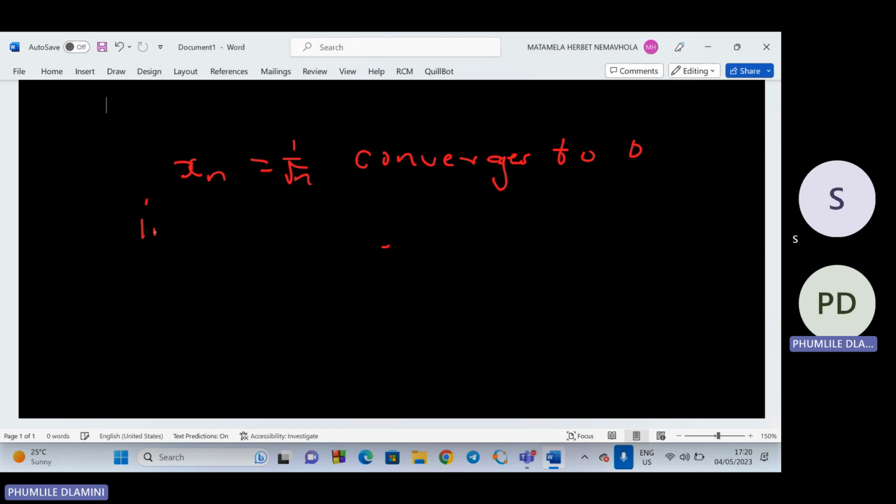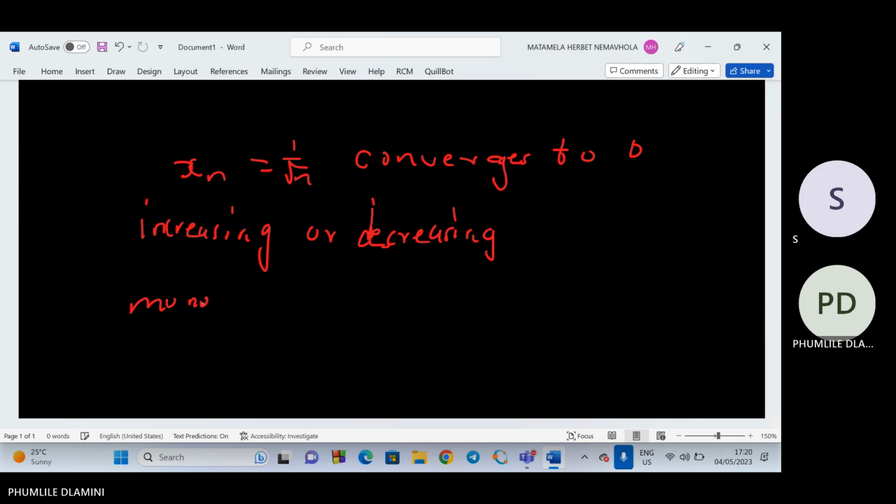The first thing is that we were not given whether this sequence is an increasing or decreasing sequence. Then the first step is that we have to find out whether this sequence is a decreasing sequence or an increasing sequence. So according to monotonicity,